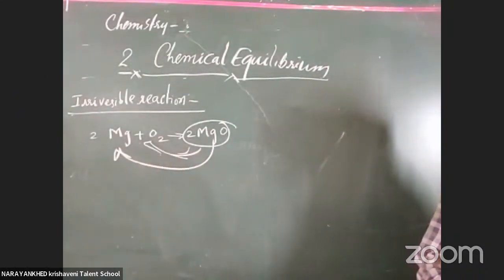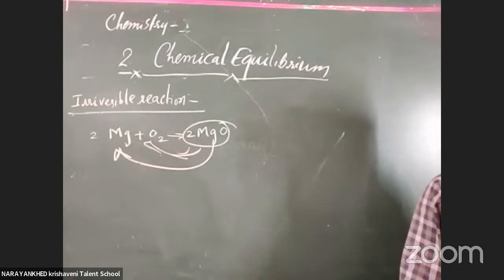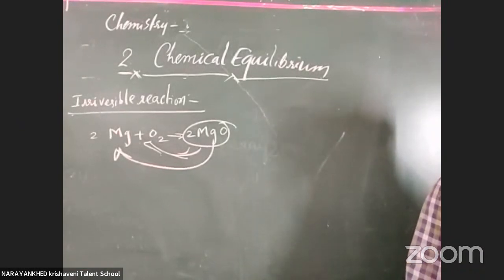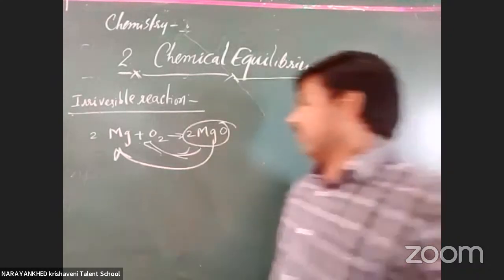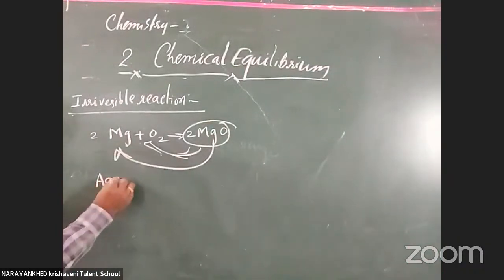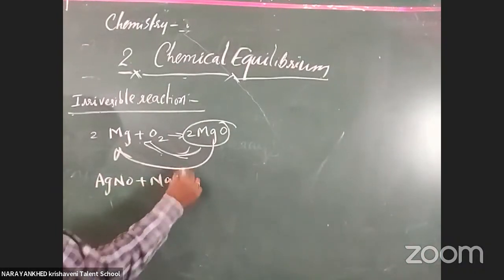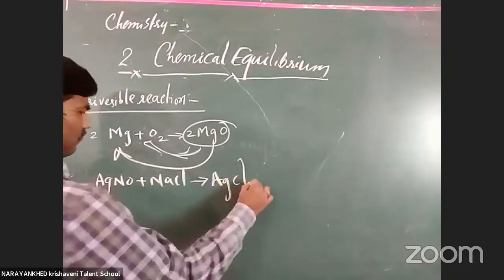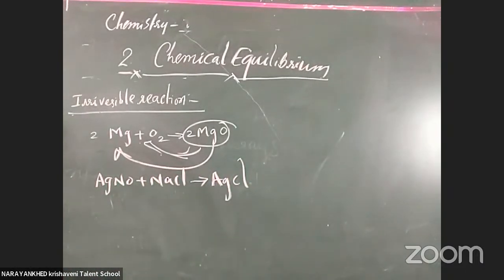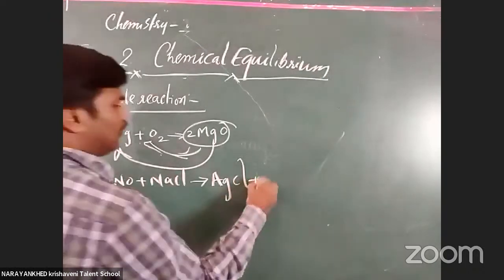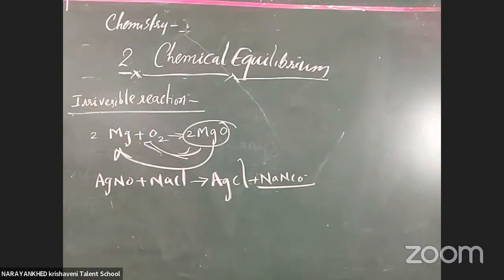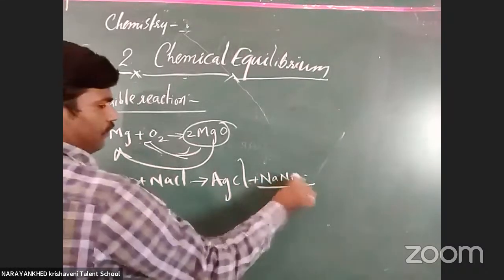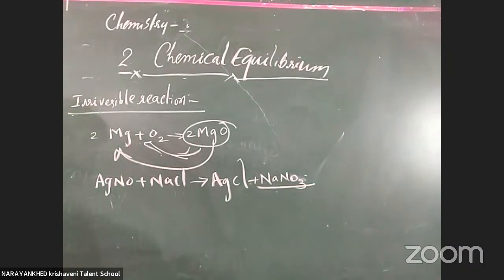When a silver nitrate solution is added to aqueous sodium chloride solution, a white precipitate is formed due to the formation of silver chloride. Okay, now that will also not be reversed. AgNO3, silver nitrate, combines with sodium chloride in water. We get silver chloride, and as well, sodium nitrate is formed. That will not be reversed for us here.